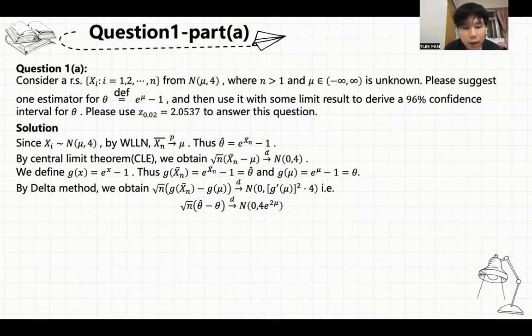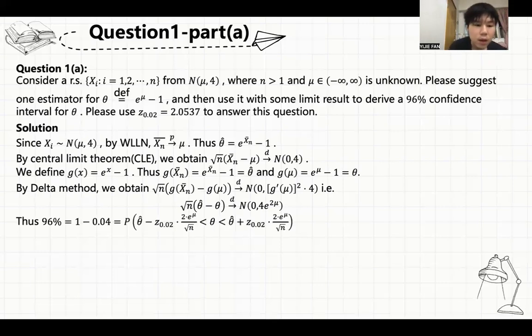Square root of n times theta hat minus theta converges to normal distribution N(0, 4 times 2 times mu power to e). Okay, and the